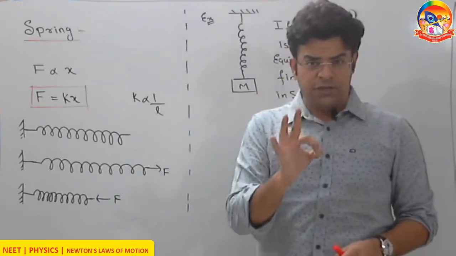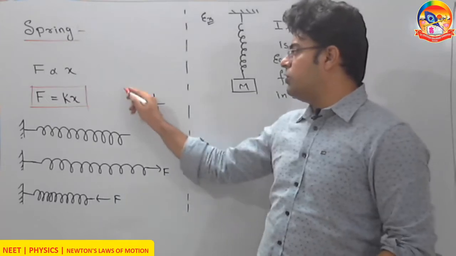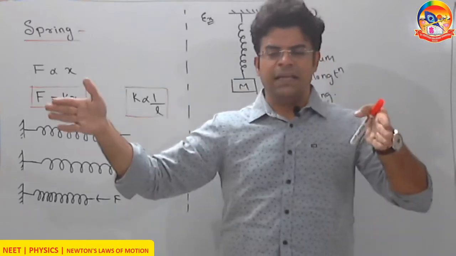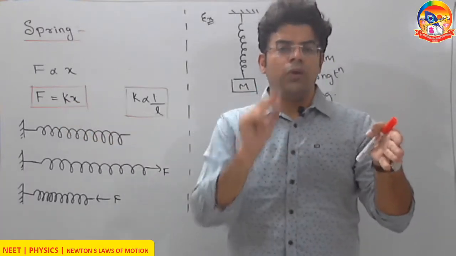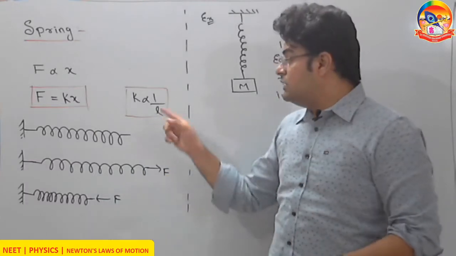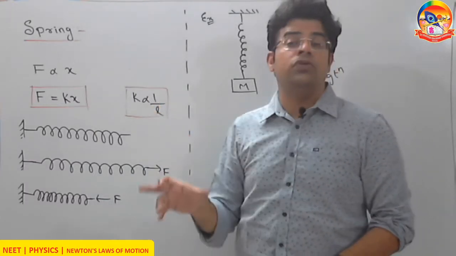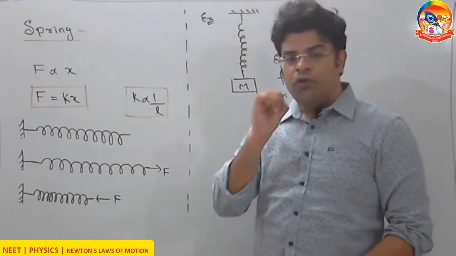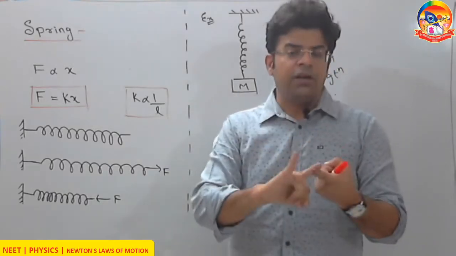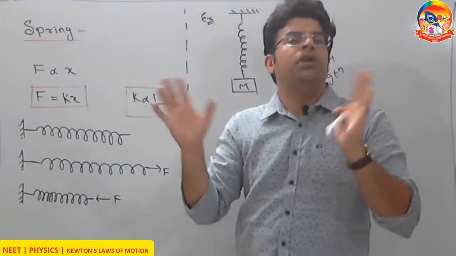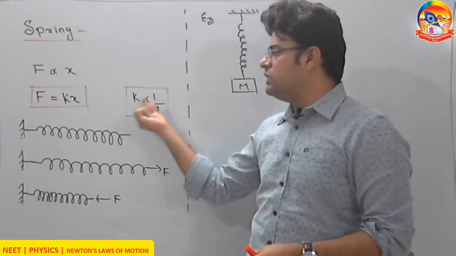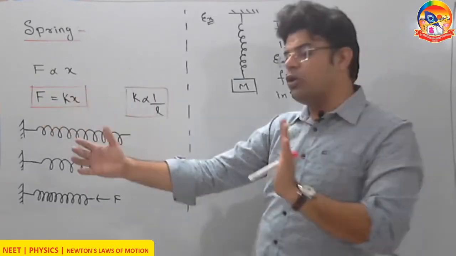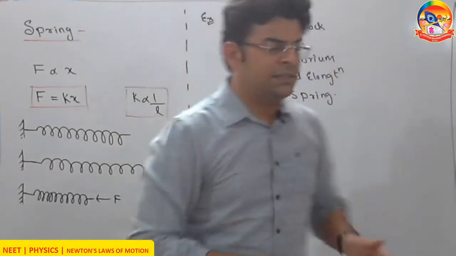But the one which we must know is that spring constant is inversely proportional to length. For example, if you have a spring of length L and then you cut it into two equal parts, one part will have half the length. Since the spring constant is inversely proportional to length, the half which has half the length will have double the spring constant. So remember that for a given spring, given type, given material, given number of turns per unit length, given thickness of wire used, the spring constant is inversely proportional to length. The greater the length of spring, the lower the spring constant, the smaller the length of spring, the higher the spring constant. So let's see a question.